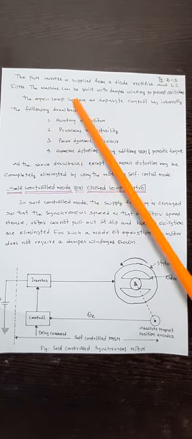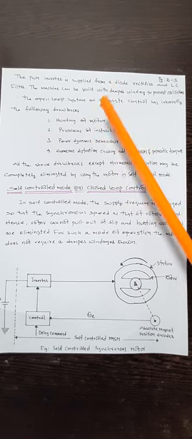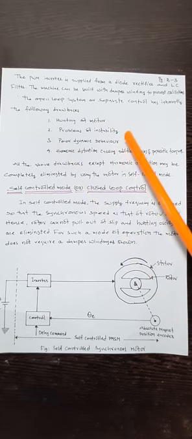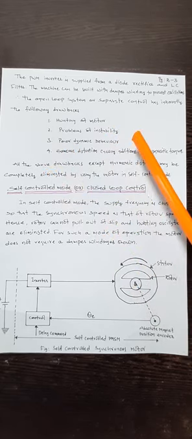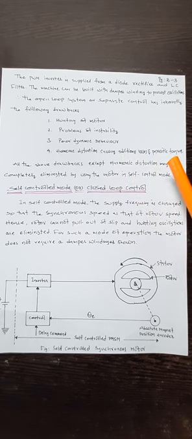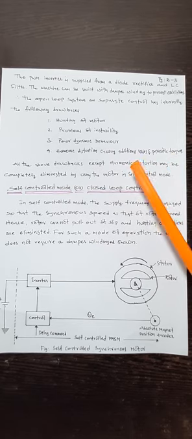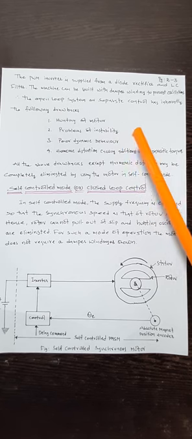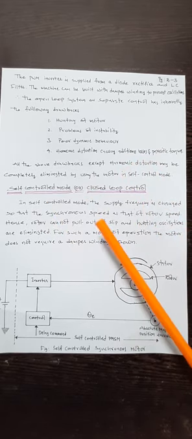Therefore, the open loop system or separate control inherently has the following drawbacks: first, hunting of the motor; second, problems of instability; third, poor dynamic behavior; and fourth, harmonic distortion causing additional losses and parasitic torques. All the above drawbacks except harmonic distortion may be completely eliminated by operating the motor in self-control. Basically, the open loop system has certain drawbacks, and those are overcome with the help of the advanced system. In this regard, the self-control mode or closed loop system comes into the picture.